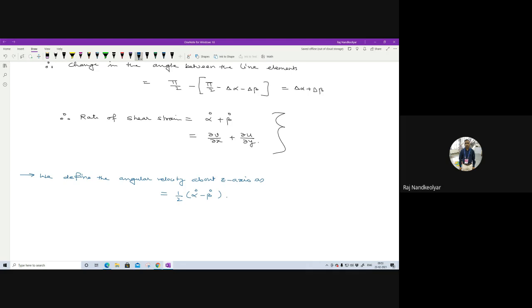This is definition. We define the angular velocity about z axis as half of alpha dot minus beta dot. So this is nothing but 1 by 2 del v del x minus del u del y. ठीक है।